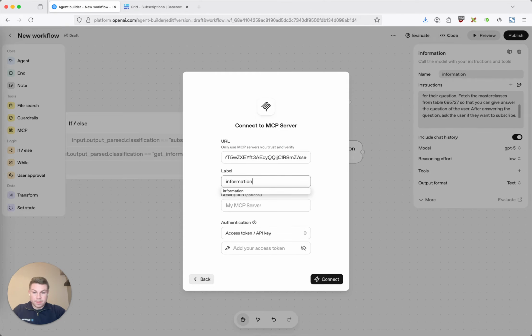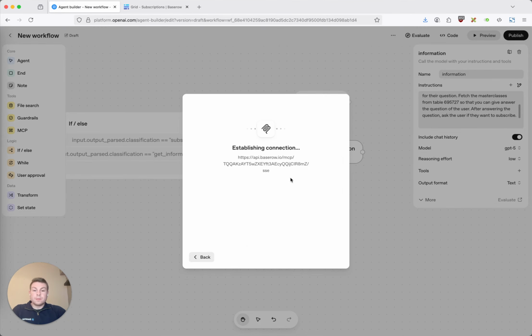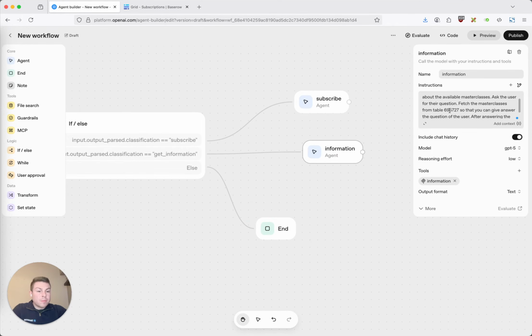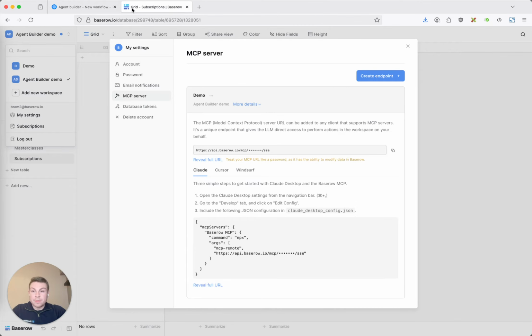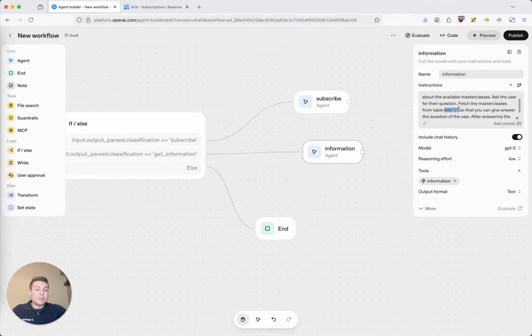Just gonna call this one information, connect to it. And this one only needs to be able to list rows from the master classes table. So what I've done in the prompt here is given it some instructions to fetch the master classes from the table that ends with 27, which is this one,